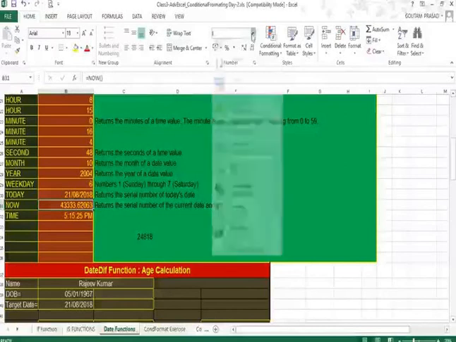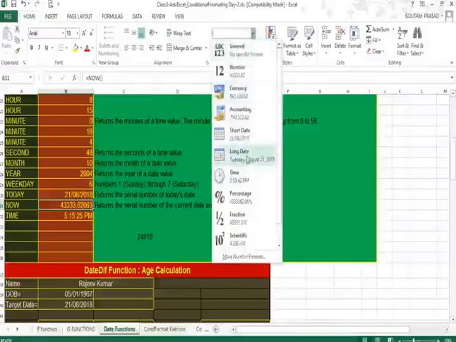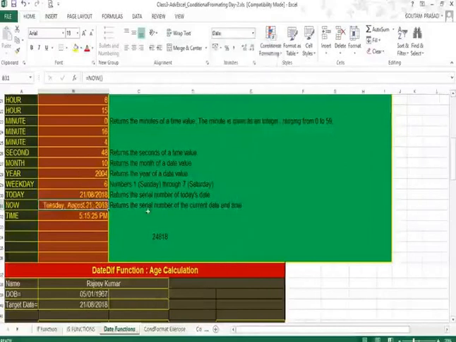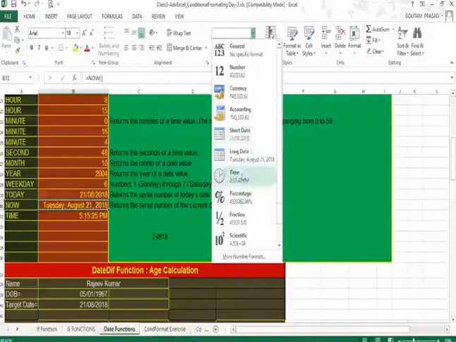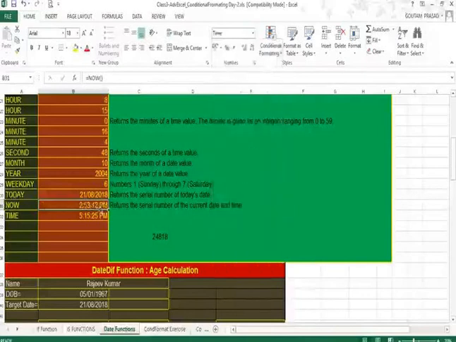So if you select long date, it is giving you today's date, and if you select a time format, it will give you the time, exactly what the time is now.